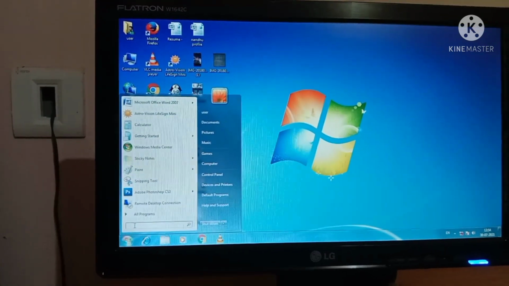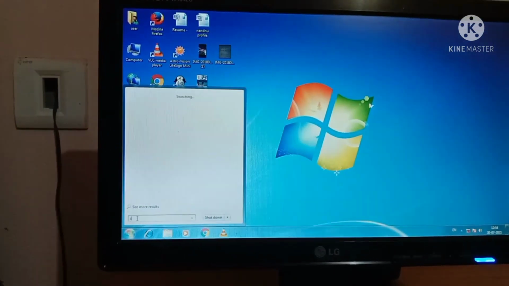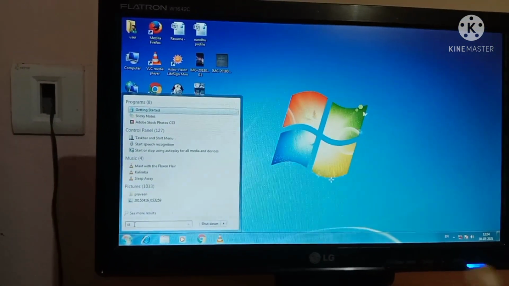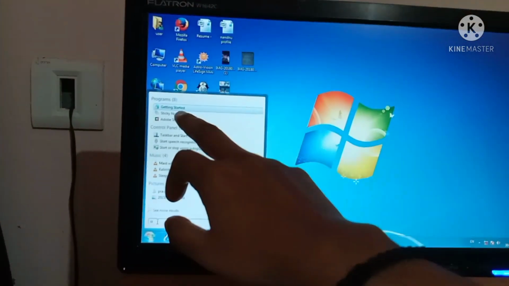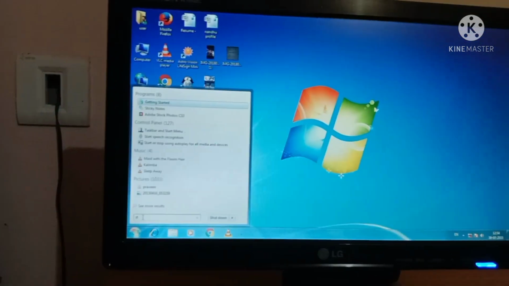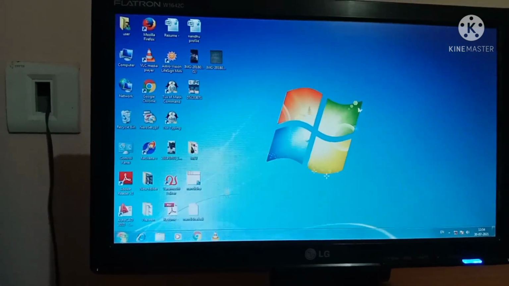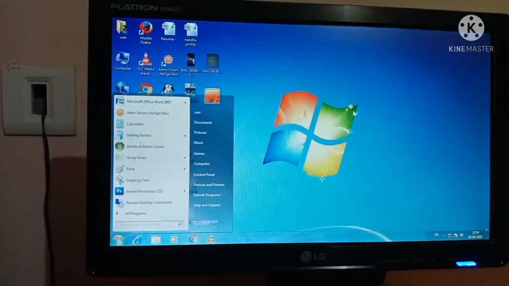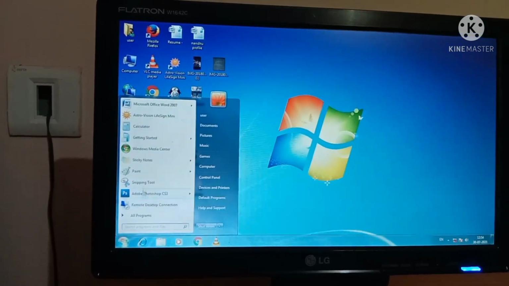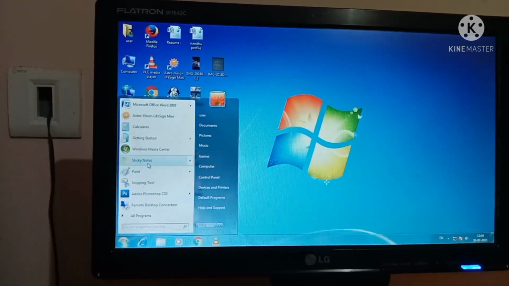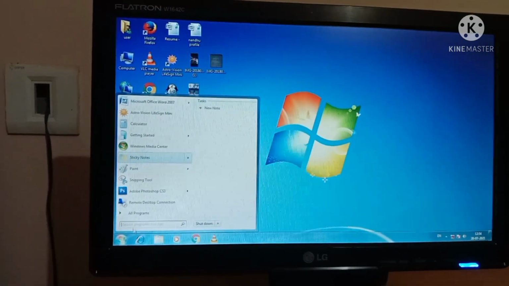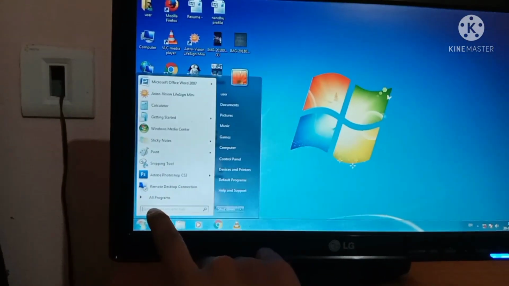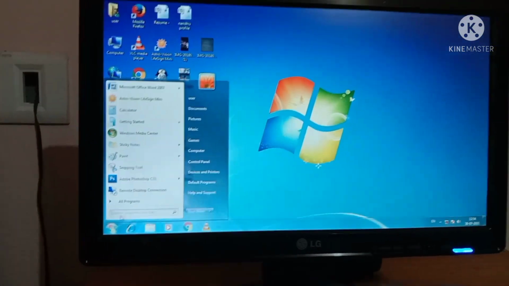You have to type sticky notes, and then you will get the sticky notes from here. Sometimes some of you can't see the sticky note in this main place. At that time you have to search here, then you will get the sticky note.